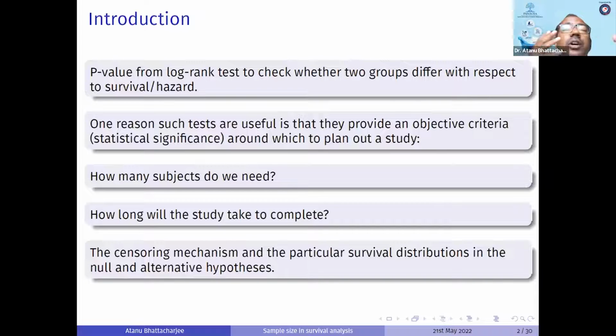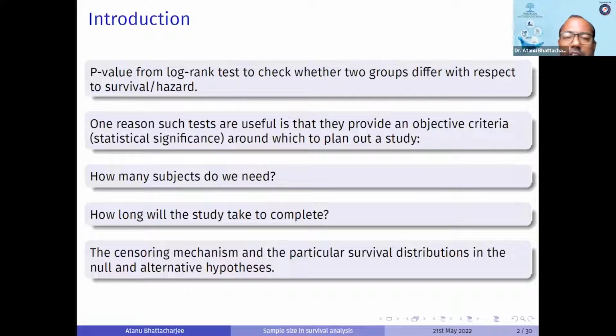or two groups' survival percentage. So two things can be compared, and you are going to make a log rank test and get the p-value. This is the basic way. Next week, when we go completely into survival analysis, we will touch more on the log rank test and p-value. But just for the timing, I'm saying that the log rank test works here and we can calculate the p-value. One reason such tests are useful is that they provide objective criteria and statistical significance around